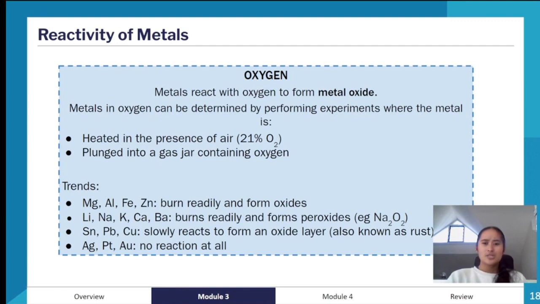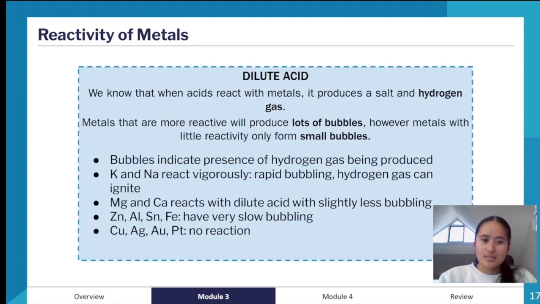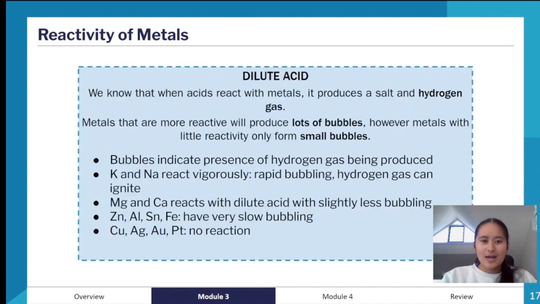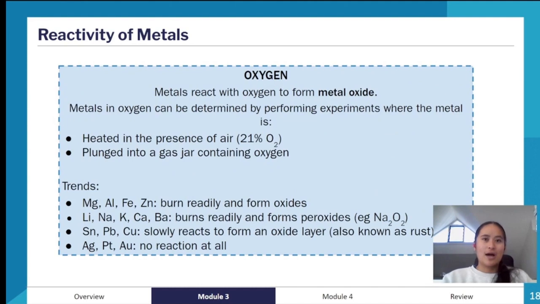An interesting thing that my teacher pointed out to us when we were learning this is, if you think about silver, platinum, and gold, they're all metals that are used very often in jewelry. And if we look back at the other side, you'll also see that gold, platinum, and silver have no reaction with acid, and also no reaction with water. So you have gold over there and platinum. So it's important to think about why those were chosen for